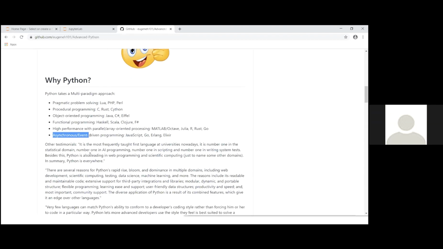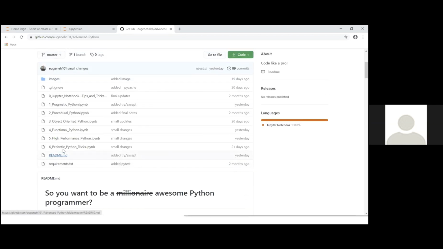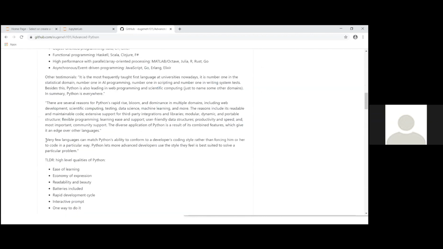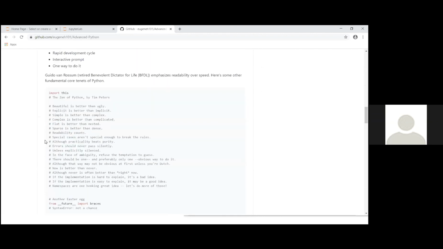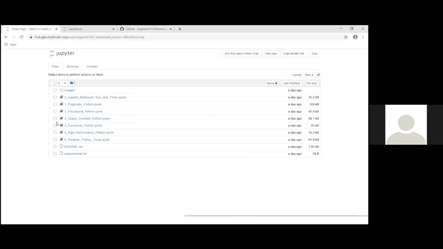And basically, I wrote a notebook for every single deep dive in Python. So there's 6 notebooks here. Each one of them is quite dense, but we're going to go over the first one, the first notebook. So we're going to go over pragmatic Python.